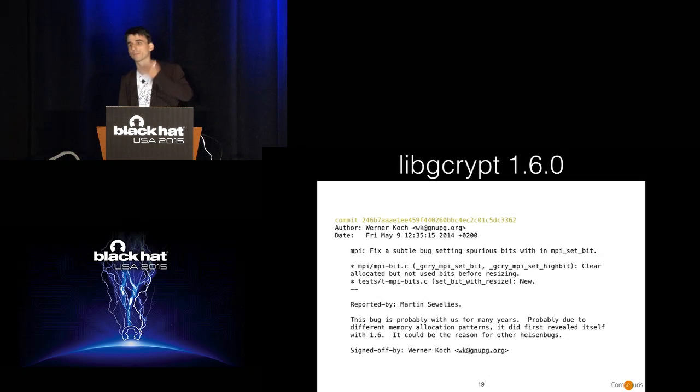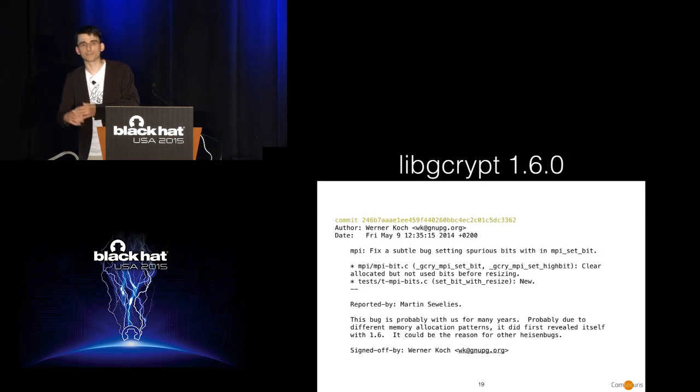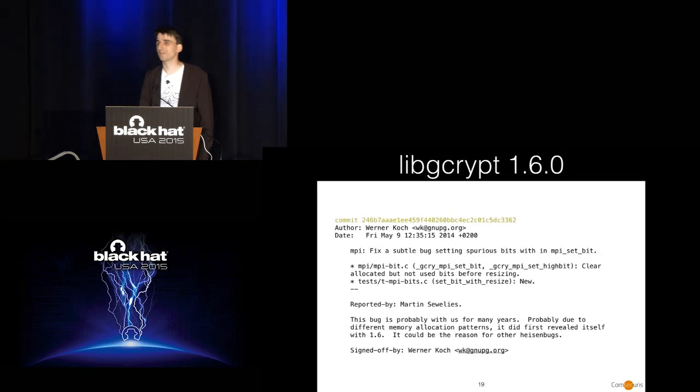And this is also a bug that was in the library for a long time, and apparently it had been triggered a number of times, and it was not realized that this was the underlying bug. So they're what's called Heisenbugs. So apparently there were some things that were not properly debugged here. And the reasoning he gives is that it is only triggered in 1.6 due to different memory allocation patterns, which does not really make sense to me because the allocator that they use is the system allocator, so it is more likely that they may be using a different version of glibc, or maybe he went to a different architecture there. Anyway,